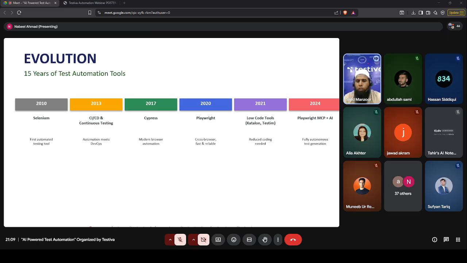And to solve those issues, MCP, especially the Playwright MCP, emerged in 2024. That was a big improvement in test automation, where you directly integrate AI with your Playwright tool, so that AI has complete context of your